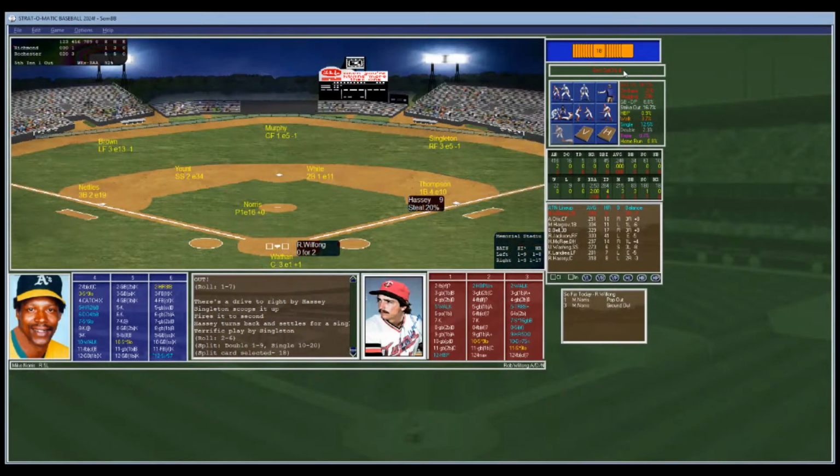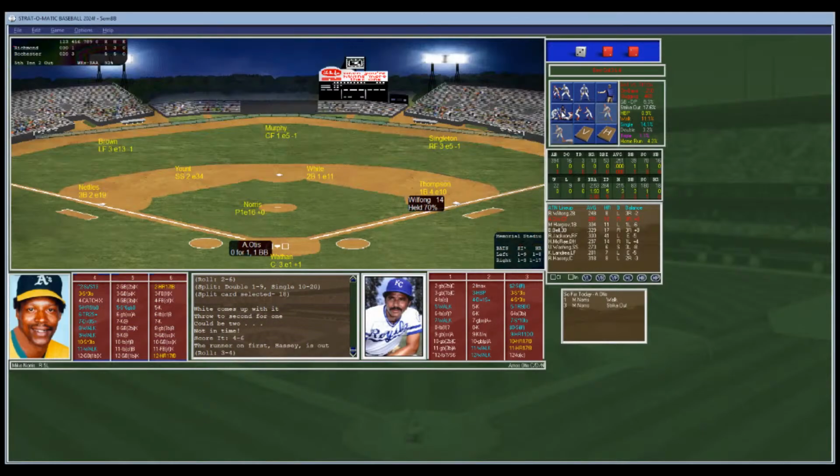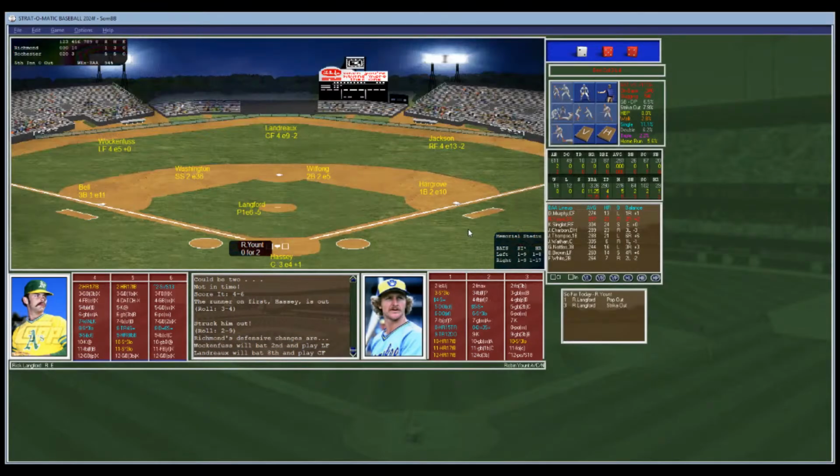Here's Wilfong. He's 0 for 2. Norris from the stretch. Hassey does not get much of a lead. He's not being held on. Thompson playing off the bag. Here's the pitch, and that's going to be a ground ball to second. Goes to short. That's all they're going to get. Wilfong will beat the relay, and there's 2 outs. So here's Otis. Has walked, struck out. Norris from the stretch. Here's the pitch to Amos Otis. And he strikes out, and that will do it. So he'll be out of the game. So they will go to Kenny Landreau now in center.